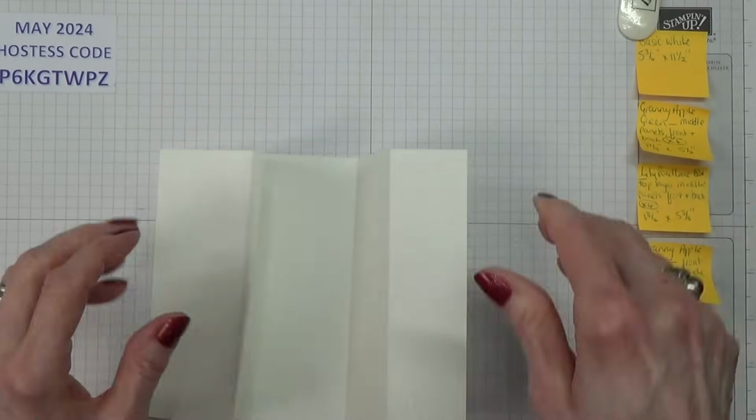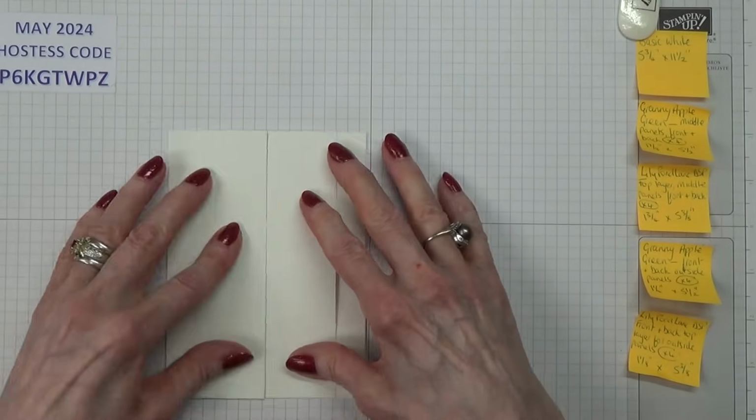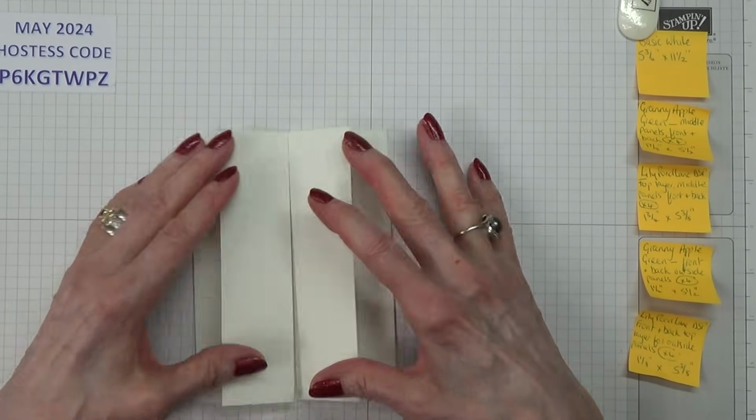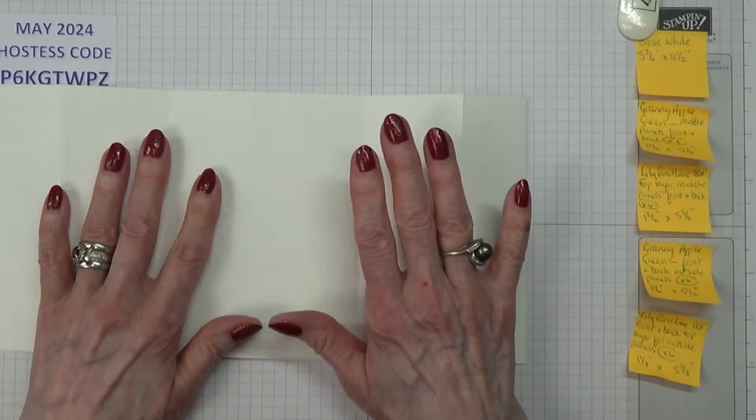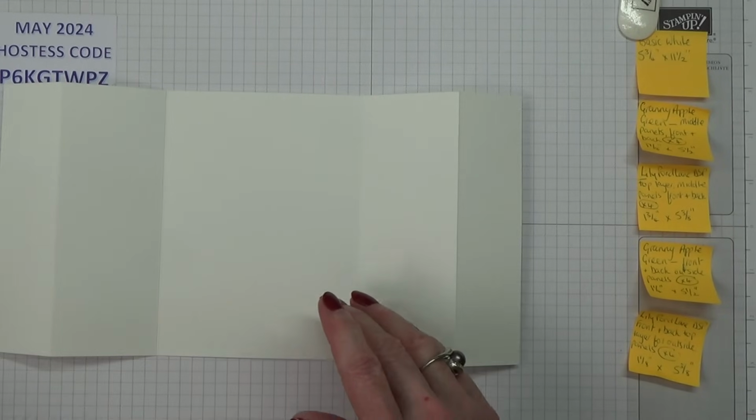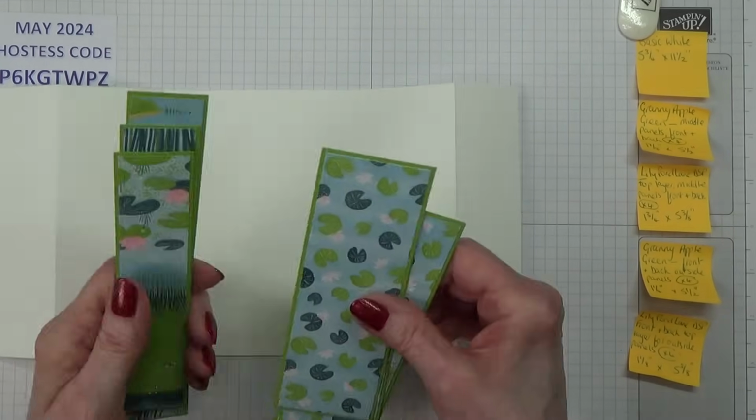Now if I've done this correctly, these two will meet. There we go. Okay, brilliant. So that's good. So my first step is I am going to be putting all of my layers on, and